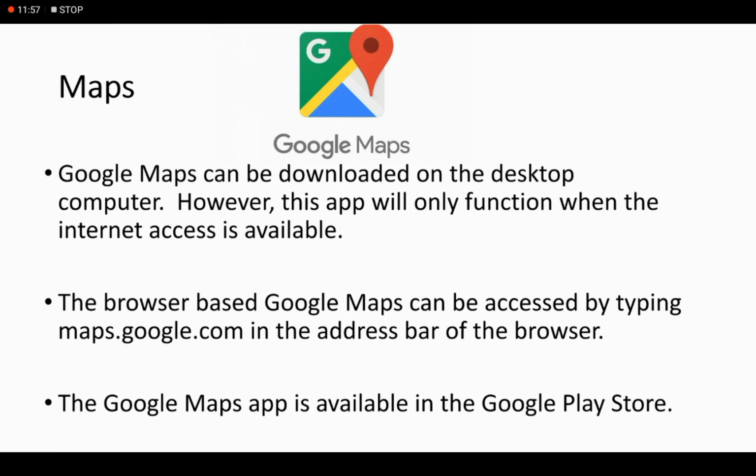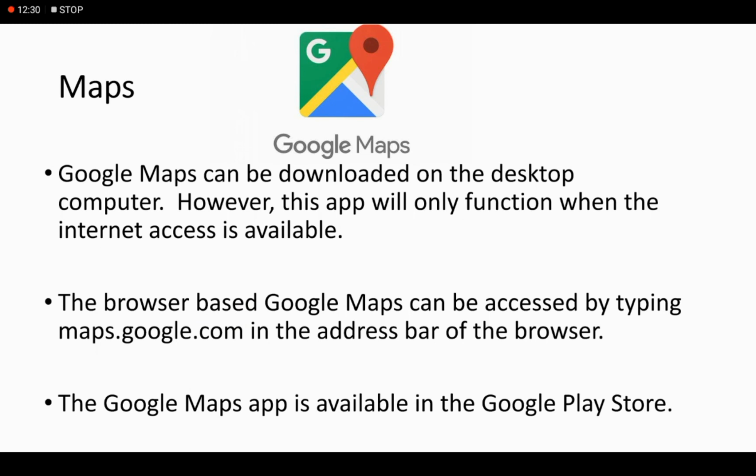The browser-based Google Maps can be accessed by typing maps.google.com in the address bar of the browser. So if you want to use Google Maps on your web browser, you can use it by searching with this address.